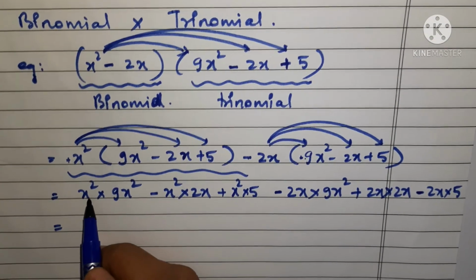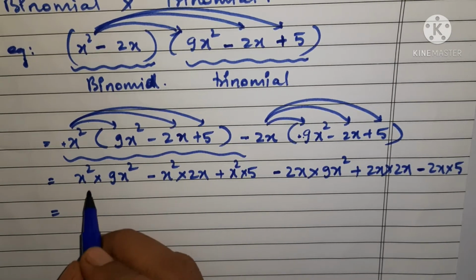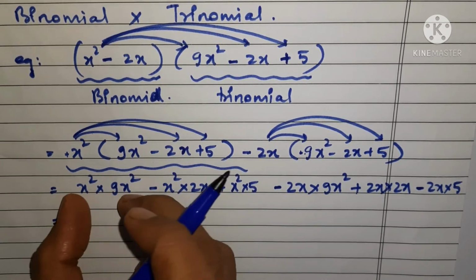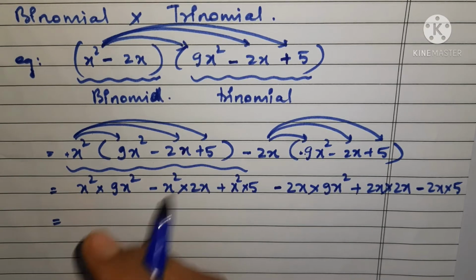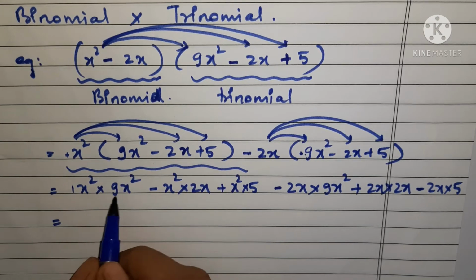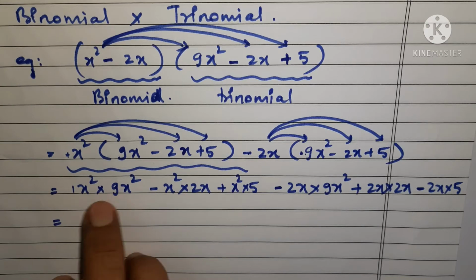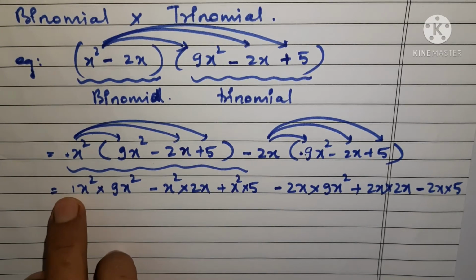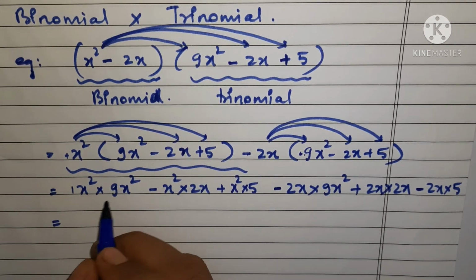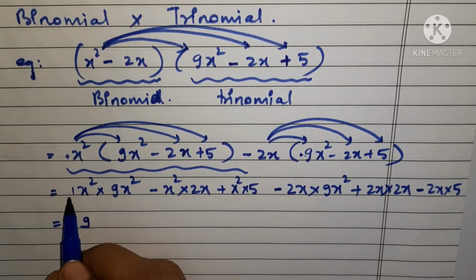You can see that we have here x square into 9x square. Whenever we multiply two expressions, what we do is first check the sign. After checking, the first step is to check the sign. After multiplication of signs we will multiply the numerical coefficients. So first we multiply the signs, then the numerical coefficients. But here there is no sign problem, so we do 9 into 1, and 9 comes. Okay, we are multiplying 9 into 1.